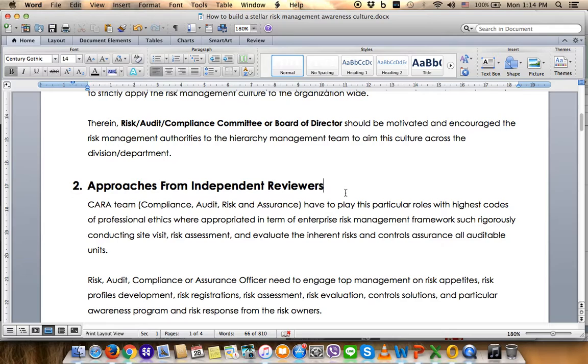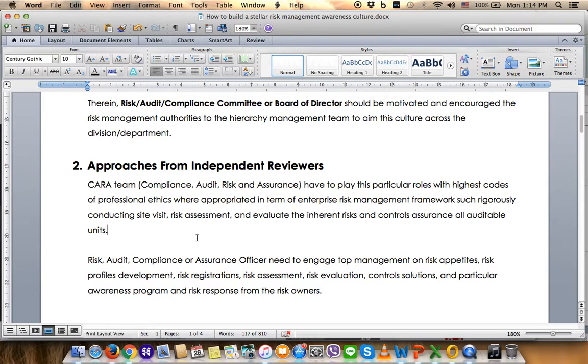Number two is an approach from an independent reviewer. The organization should have four independent departments. We call it the CARA team: compliance department, audit department, risk and assurance department. They have to play this role with the highest code of professional ethics, in terms of the priority management framework, rigorously conducting audit visits or site visits or risk assessments, and also evaluating the inherent risk or top risk and control assurance for all